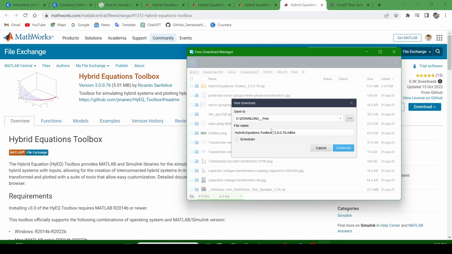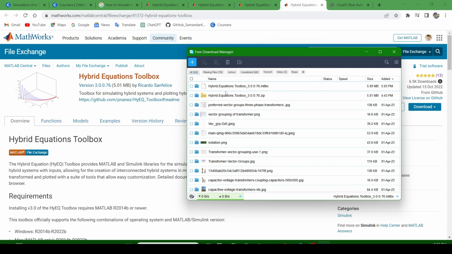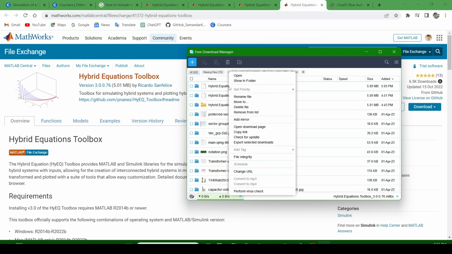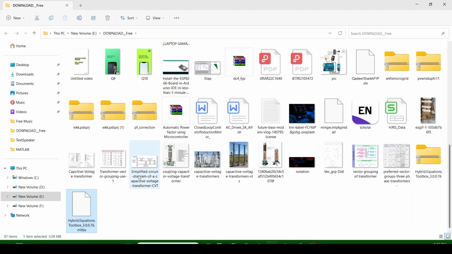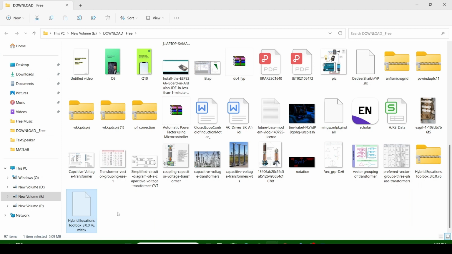After clicking this toolbox, a .mltbx extension file will show. Download it. After downloading this file, copy or cut this file and